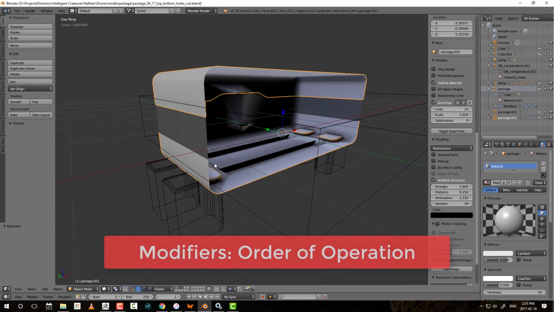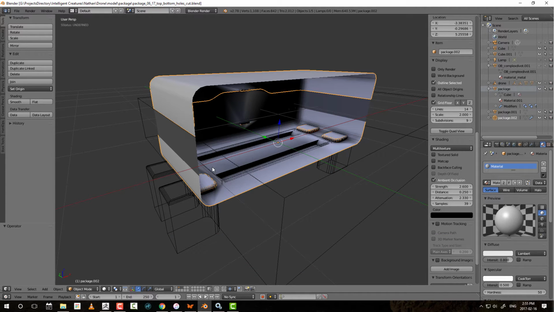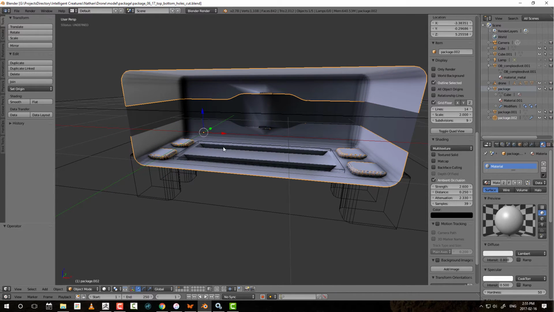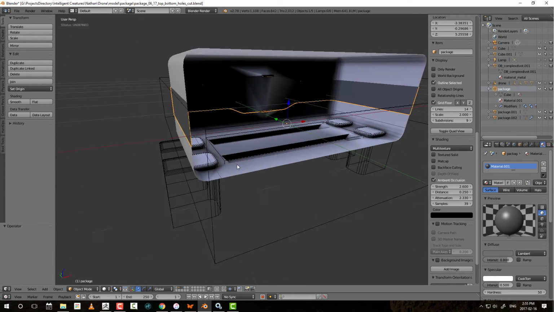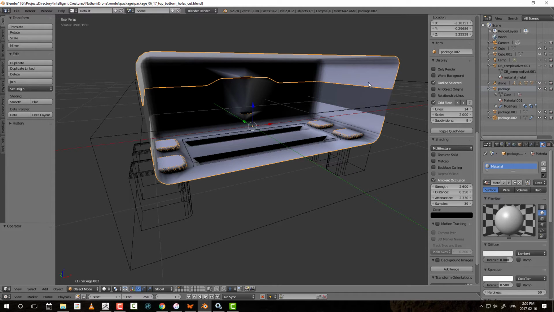The thing that makes Blender's modifiers so cool is that they give you a sort of limited procedurality to your modeling. It's kind of like the modeling stack inside of 3D Studio Max. So right now I have the top shells and the center section, but I want to give it some thickness. So if I, for example, click on the bottom or top object here, and I go into the modifier menu,